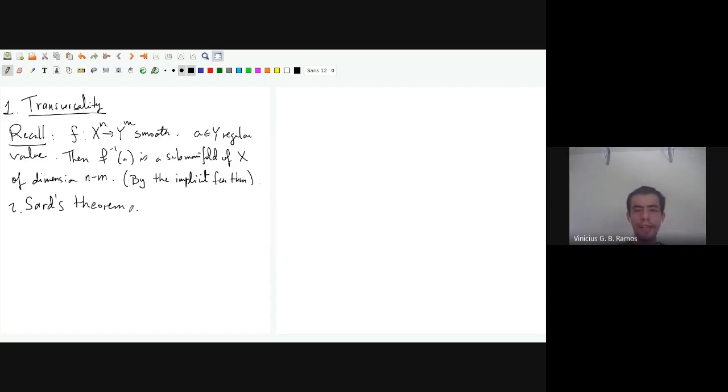To be able to state Sard's theorem, I have to recall what it means for a set to be of measure 0. If you have taken a measure theory class, maybe a lot that I'm going to say today is going to be elementary, but I'm not going to assume that you know measure theory, so I'll recall some of the important things so that we prove Sard's theorem. Let me just state the theorem before, and then we will define what we need to understand the statement. So the theorem says, if you have a smooth function,